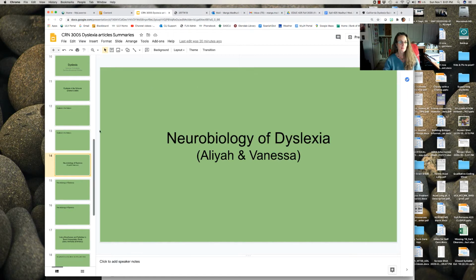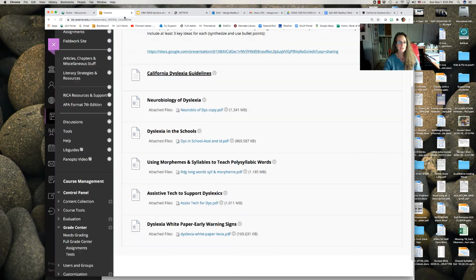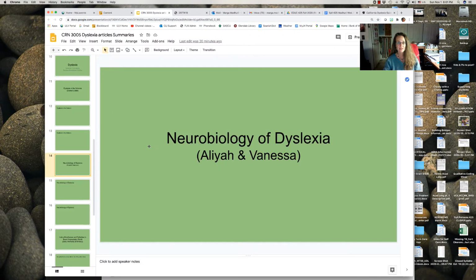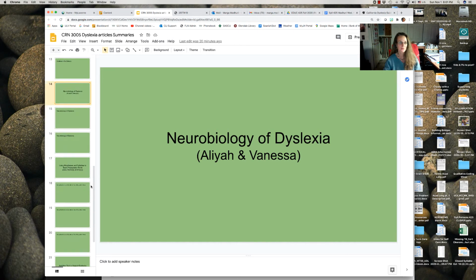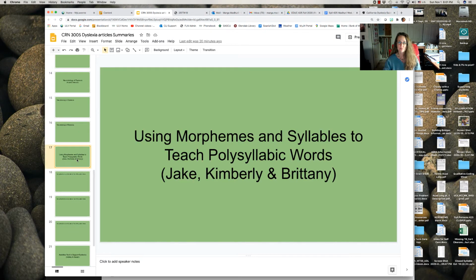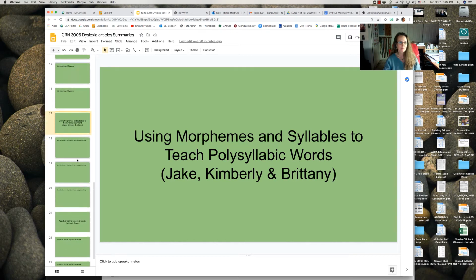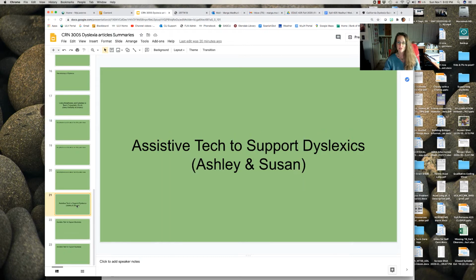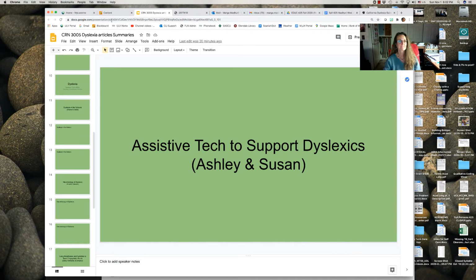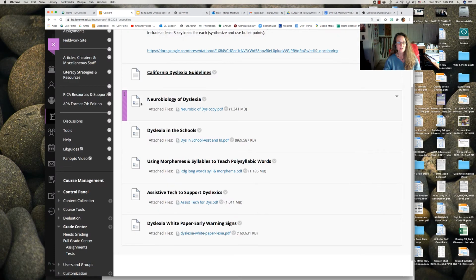So the second group is the neurobiology of dyslexia, this article here, and that's Aaliyah and Vanessa, and same thing, just divide it up and each person creates their own slide. Then we have using morphemes and syllables to teach polysyllabic words, Jake, Kimberly, and Brittany. And then finally, assistive technology to support dyslexics, and that's Ashley and Susan. When you are done making your slides,